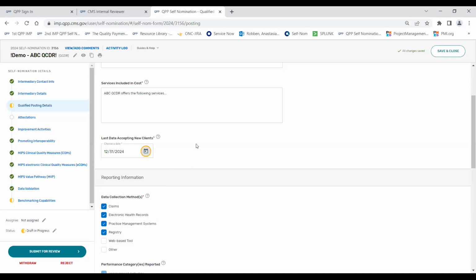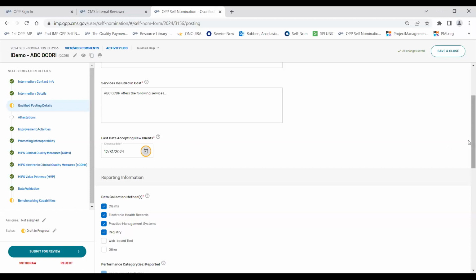We understand that there's certain requirements you have to meet, like data validation. So you may not want to be accepting clients up until the deadline of the data submission period. As again, you would be expected to be able to attest to that data being true, accurate, and complete. And if you're receiving data on March 31st, you might not be able to do that. So you'll just need to assess with your organization when you guys need to cut that off. And then, of course, put that on there. We would not look for any dates to, of course, be after March 31st, because if you are signing up new clients after the data submission period has closed, obviously, there's not much you can do for them at that